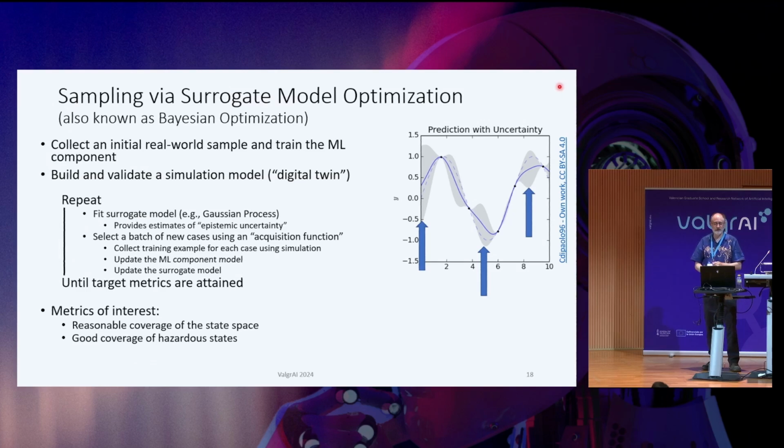So then the strategy is to do what's sometimes called surrogate model optimization, or Bayesian optimization, right, is the other term that's used. And the idea there is that we are going to repeat this loop here, where we first fit a surrogate model, and usually we use a Gaussian process model, right? And the reason we like the Gaussian process model, here's the picture from Wikipedia of what a Gaussian process looks like, is that in this figure, the dashed line is some true function that we're trying to fit. We only have a few training data points, these dots here and here. And so the Gaussian process model fits the solid blue line.